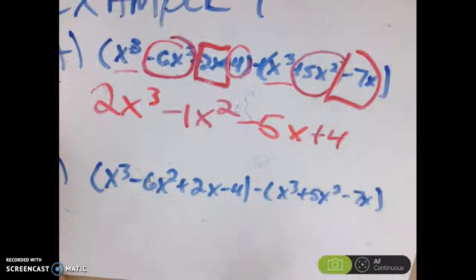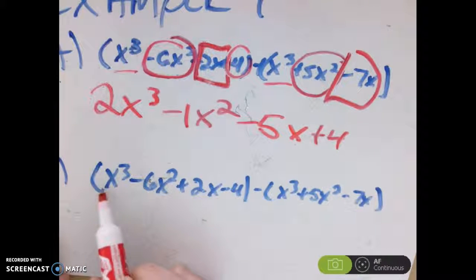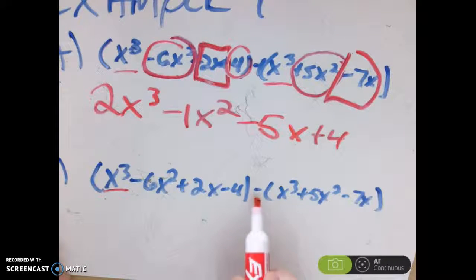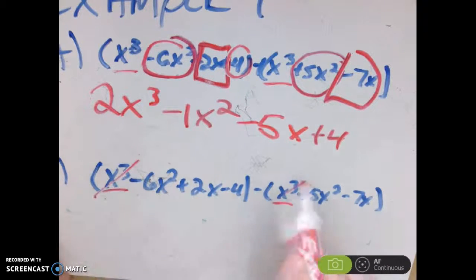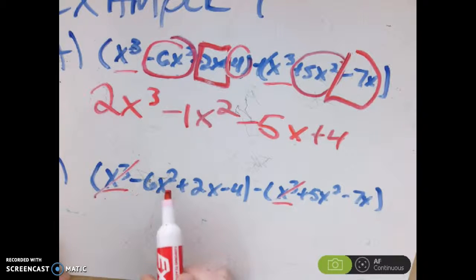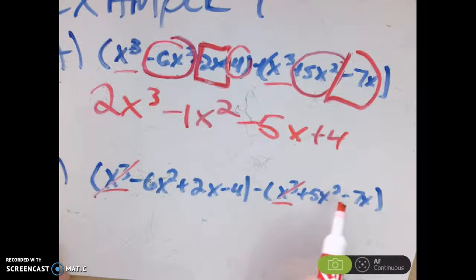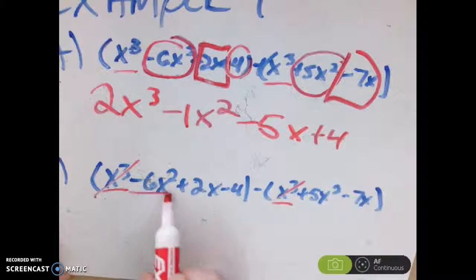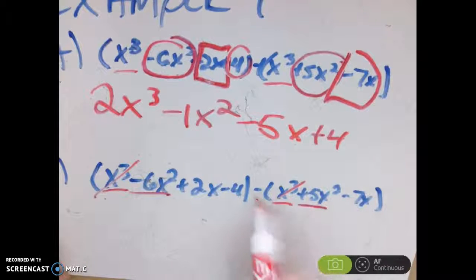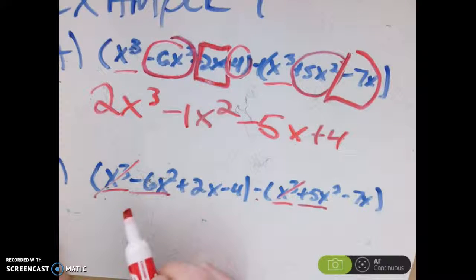And then for example B, it's going to be the same thing. So we have x cubed minus x cubed. X cubed minus x cubed cancel out. We have negative 6x squared and a 5x squared, so we have negative 6x squared minus 5x squared. Negative 6 minus positive 5. Since we have a negative minus a positive, we'll really be adding, so we'll have negative